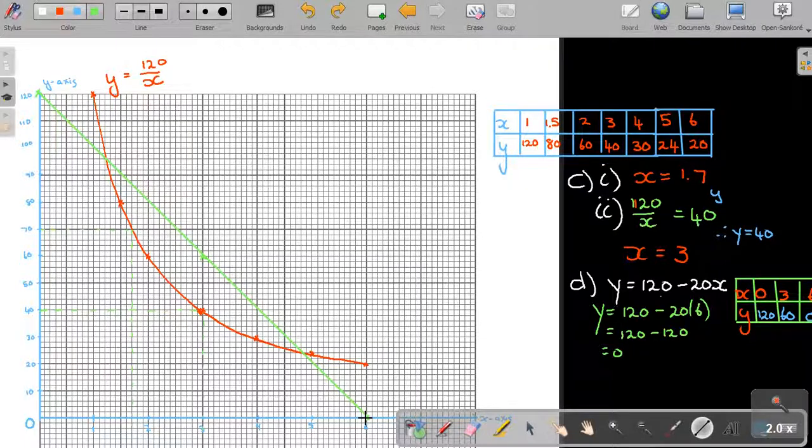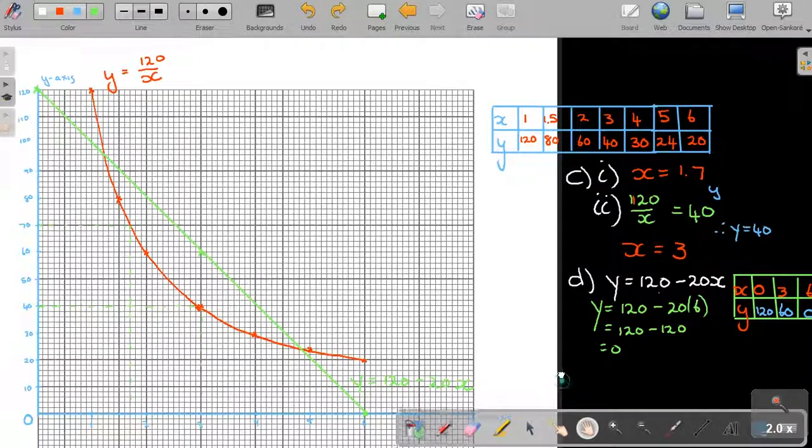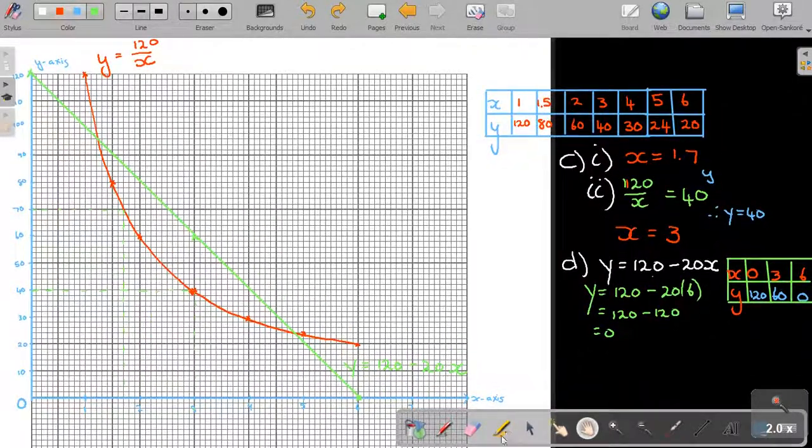Okay, and then what is that line? The name of that line, and I'm just going to write it here. Y equals 120 minus 20x. Okay. And then I can move on, and they are saying, after I draw on the same grid the graph, write down the x coordinates of the points of intersection of the two graphs, just the x coordinates. So if I'm just going to move it a little bit up. So the x coordinates, so where it intersects there,